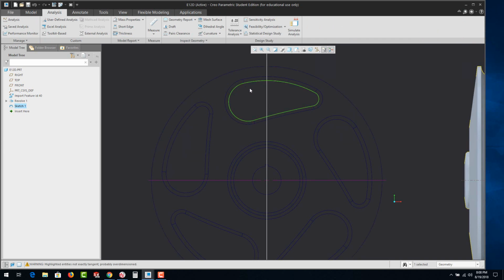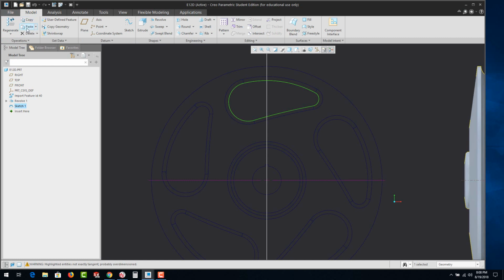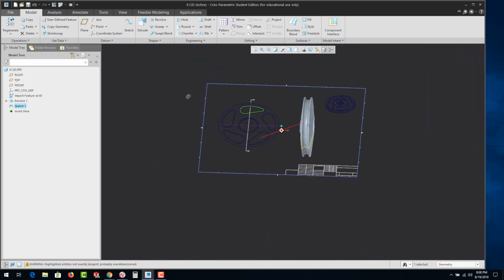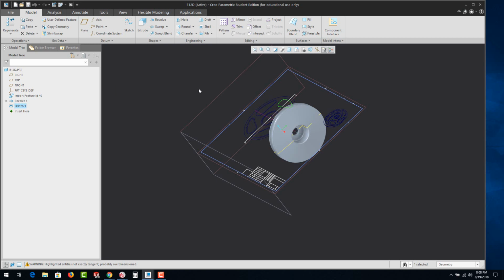Now with it selected, hit Control C on your keyboard. Control C is copy. You could also go up here to model and copy. We can see it's in our paste selection now because paste is available, so we should be in good shape. Now what we're going to do is rotate this, and we've exited out of the sketch, of